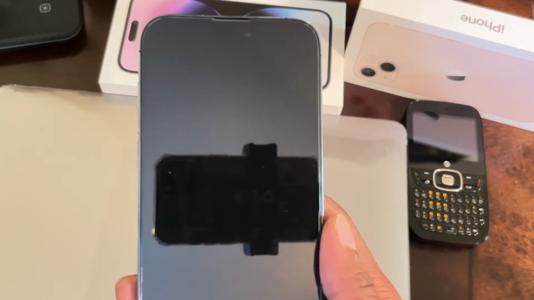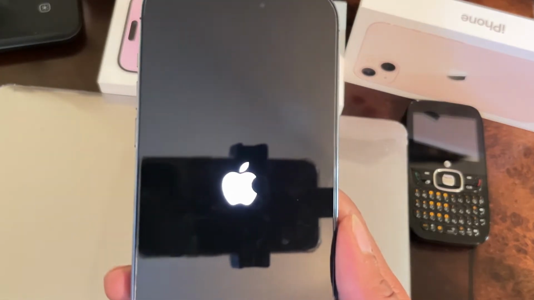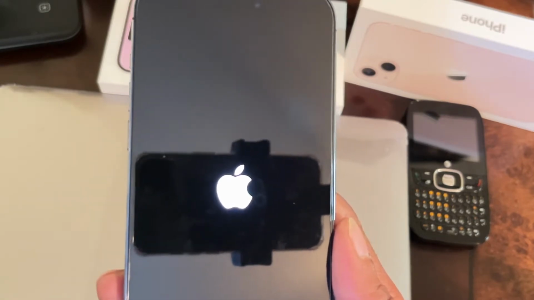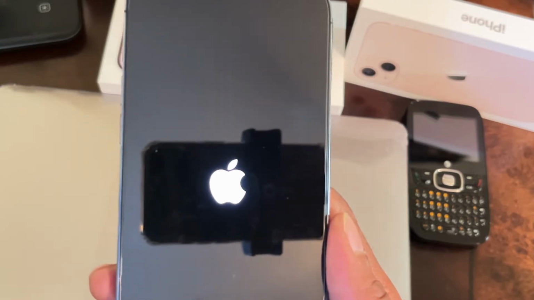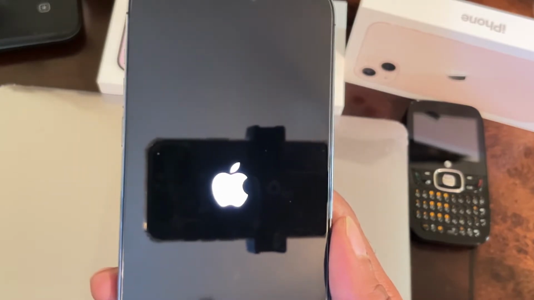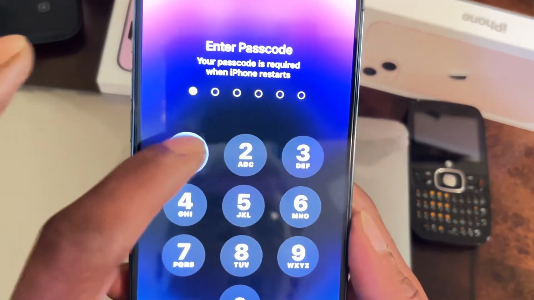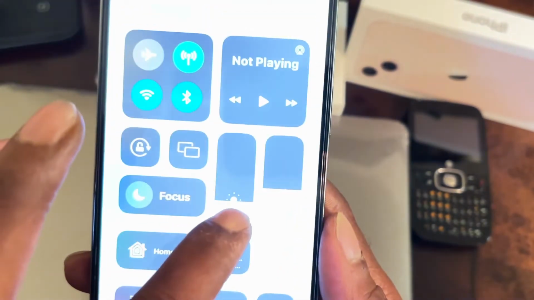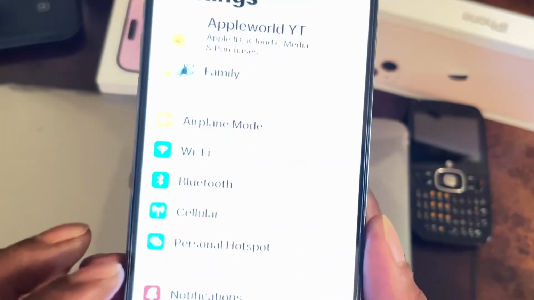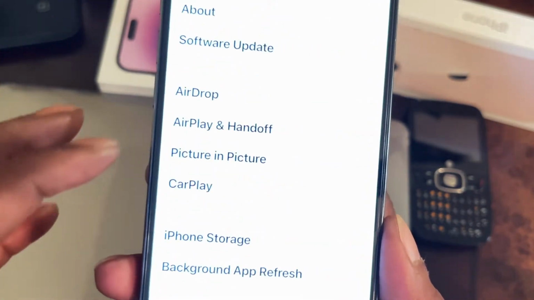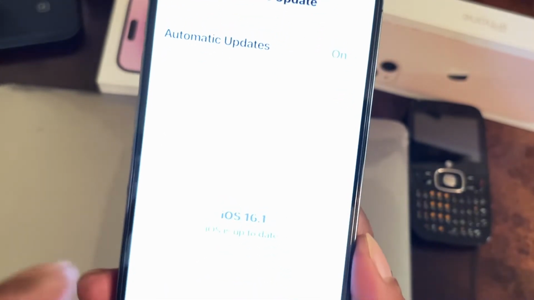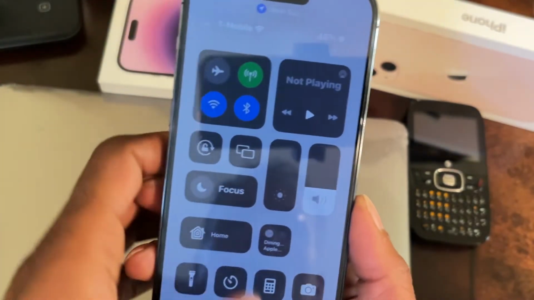And this is a really easy fix. As you guys can see, the phone is coming back, and I'm going to show you guys the next step. So there you go. So we're going to unlock our phone. And if I go to the settings again, right here, let me turn the brightness down so you guys can actually see it. And if we go down right here and click on software update, as you guys can see right here, my phone is already updated to the latest